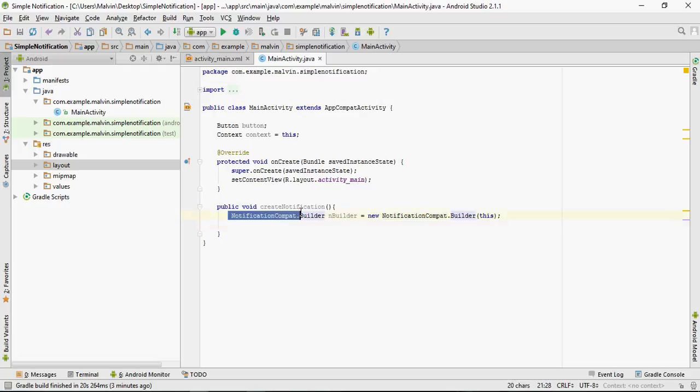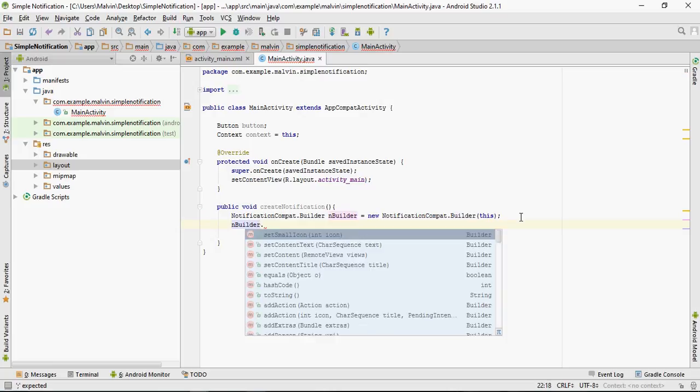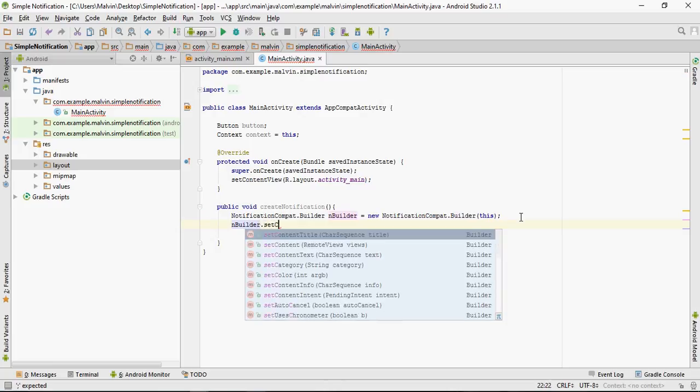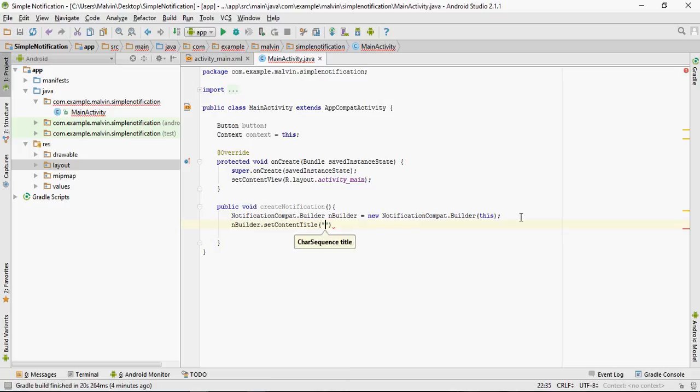So NotificationCompat was to allow easier control over all the flags as well as help constructing the typical notification layouts. So and builder dot setContentTitle. So the title of our notification.